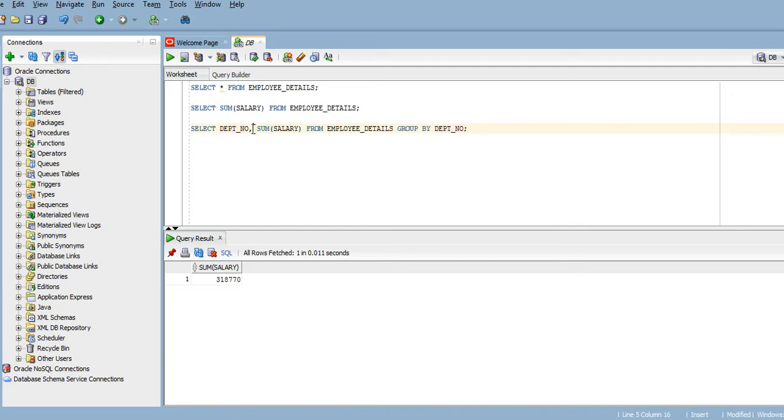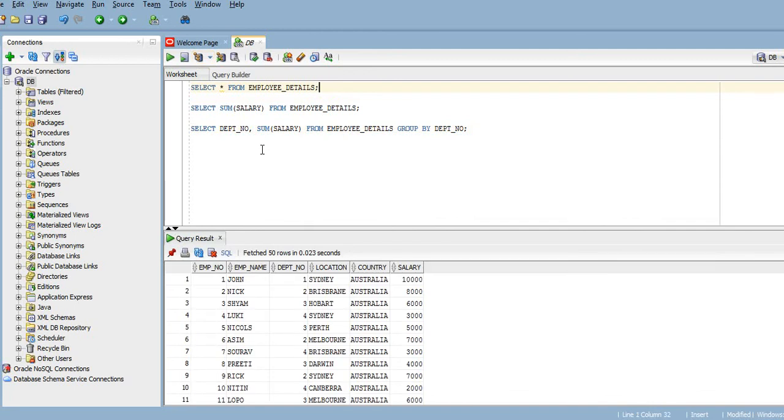Let me run the full select star query on this table to explain this in a better way. Except department number, the data can be grouped based on location or country, but in the select query we can't mention more columns when only department number is present in the group by condition.